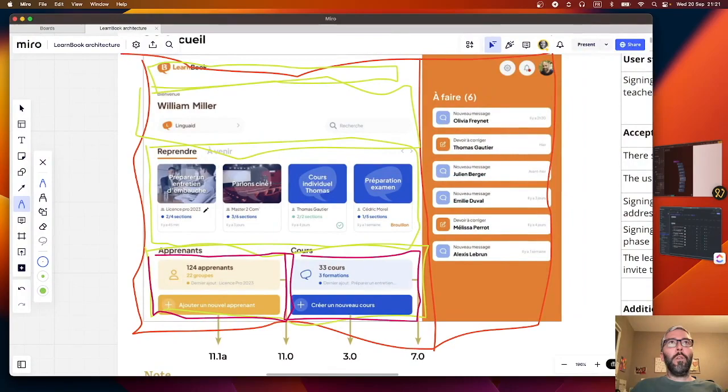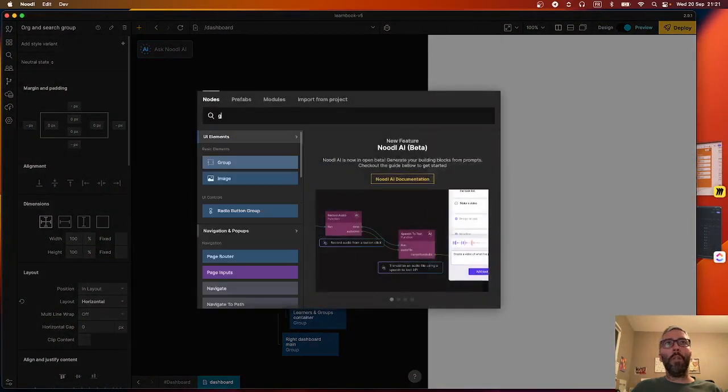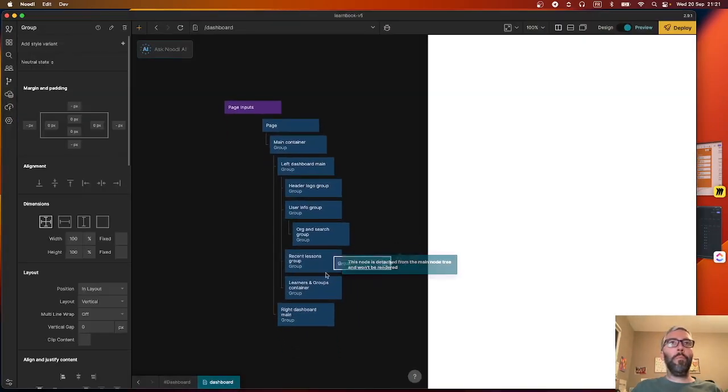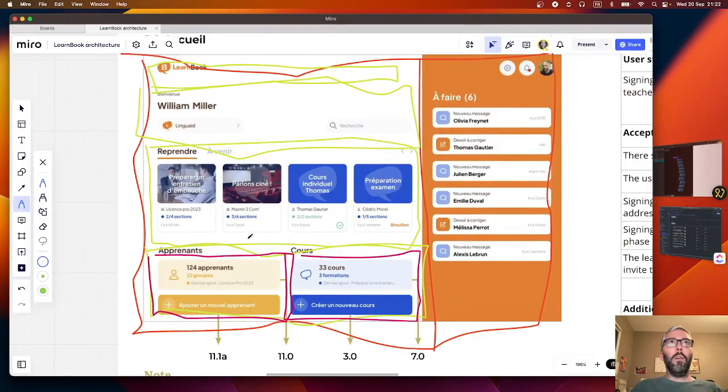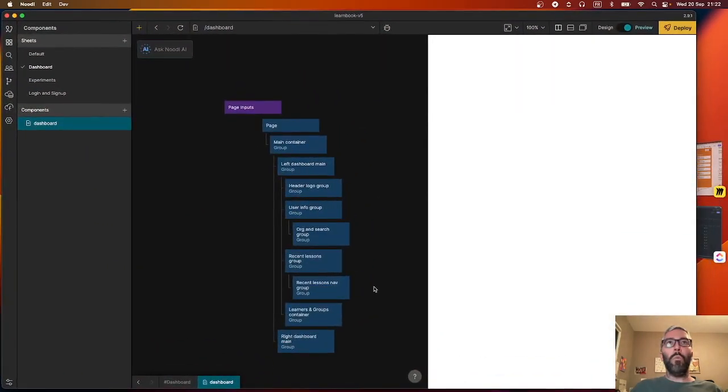This one is a column, but there is a top bit with pills. I'm not entirely sure what I'm going to do with that yet, and it has little left and right arrows. But anyway, I do need to have that in there. So this is the recent lessons nav group. Don't need to type group every time, but it just makes me feel better. Recent lessons nav group, and then the bottom one will be the